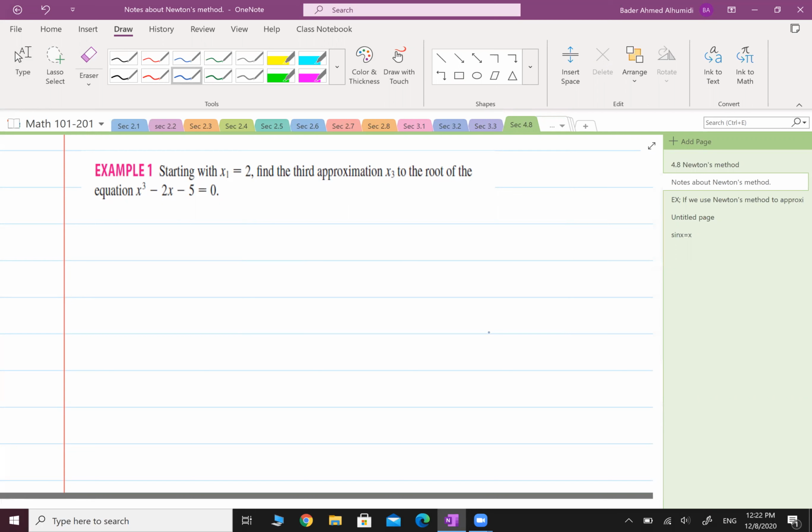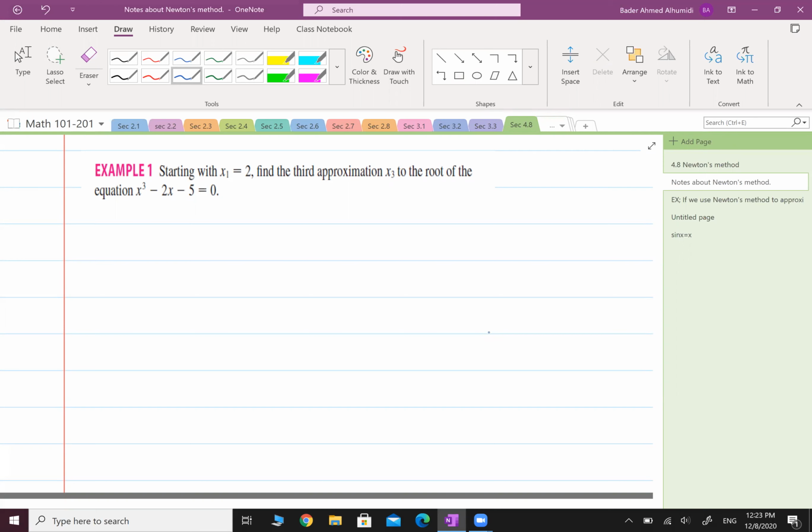The only thing needed from you is to know how to apply the method. A classical question will always be repeated in the final. We'll give you a function or an equation, and they will say, for example, starting with x1 equal to 2, he will give you the initial guess for sure in the exam. The question will say, find the third approximation or find the second approximation. In the exam, usually they ask either about the second approximation or the third approximation maximum, not more than this. So he said, starting with x1 equal to 2, find the third approximation, x3, to the